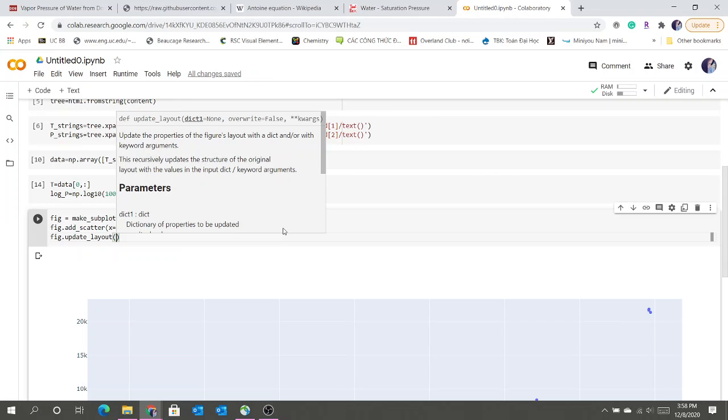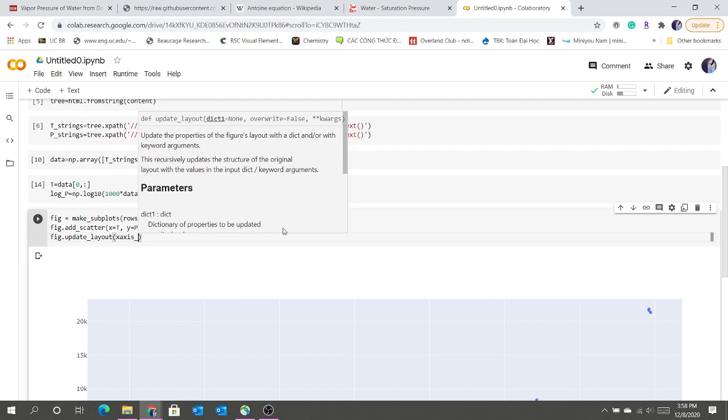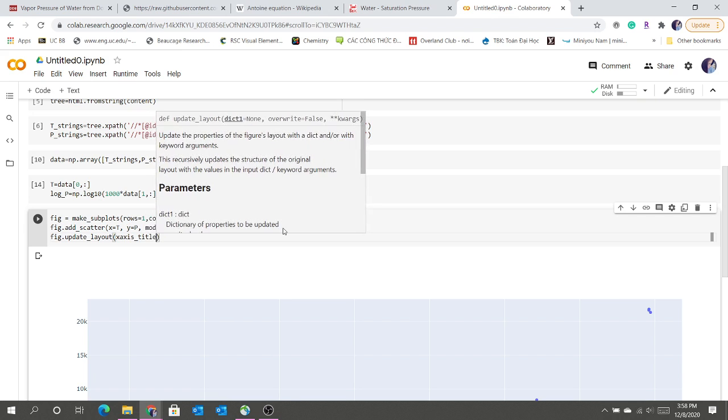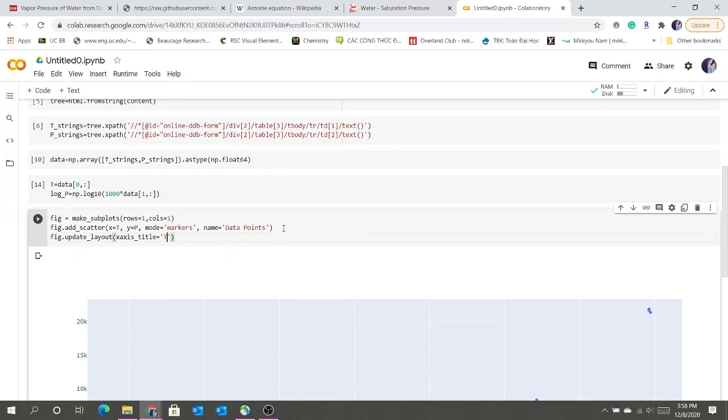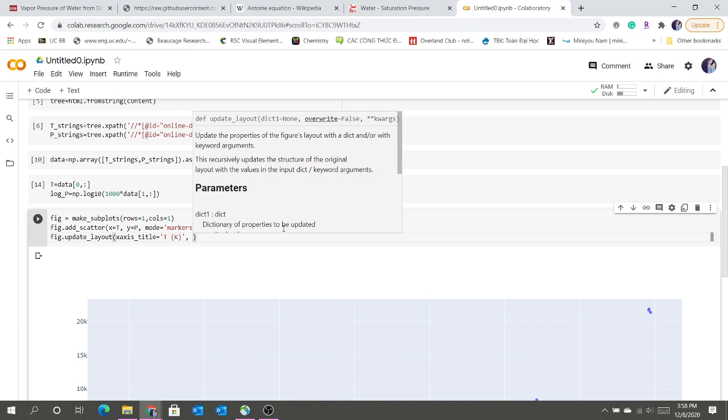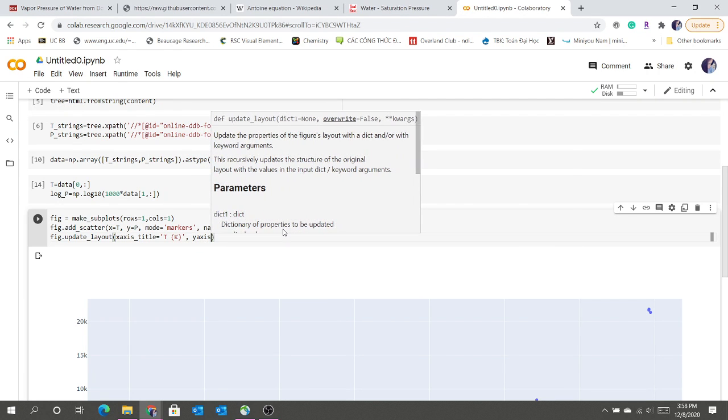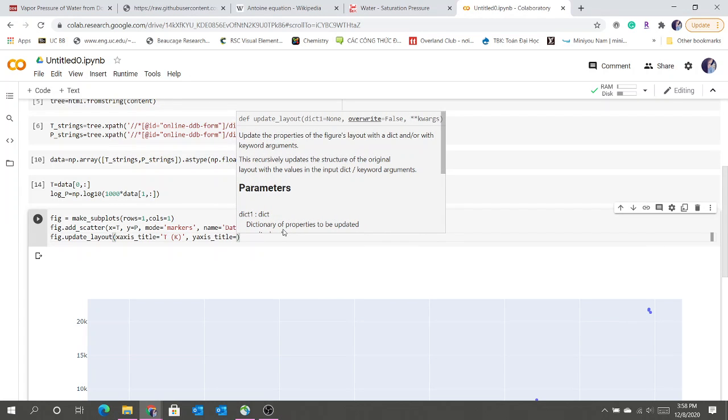So we'll say x axis title is equal to temperature in the scale of Kelvin. And then y axis title will be set as,